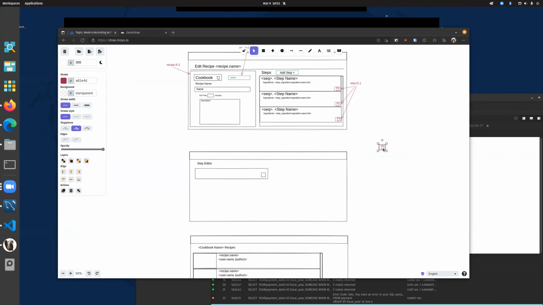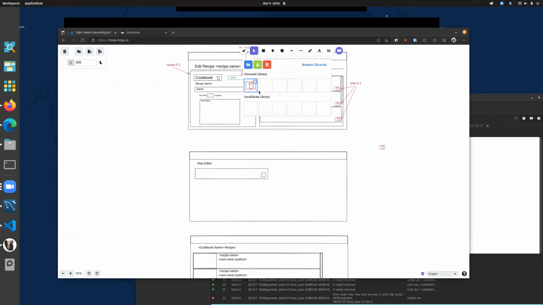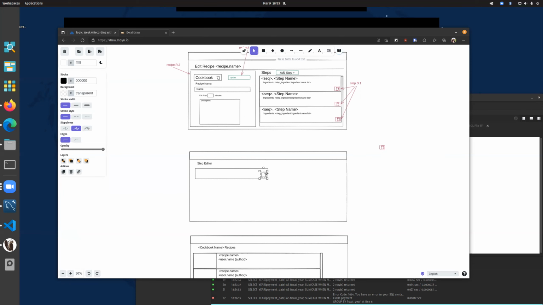So I'm going to group this, and then add to library. And so now I can go to my library and I have this, because it's selected. So now I have my little trash can as an item. So now instead of having to recreate my trash can a million times, I can just plug it in there. Additionally, if I wanted to,